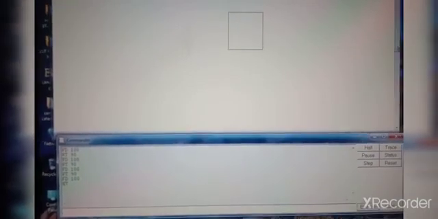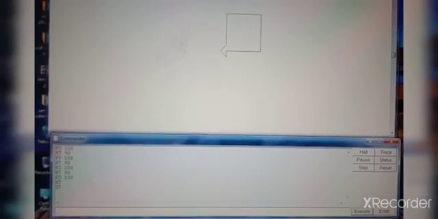Now you want to show your turtle again. Which command? ST. Show turtle. ST. See here. Okay, and now look at the screen, the main screen. See, now the turtle will reappear. HT command to hide turtle. ST command to show turtle.